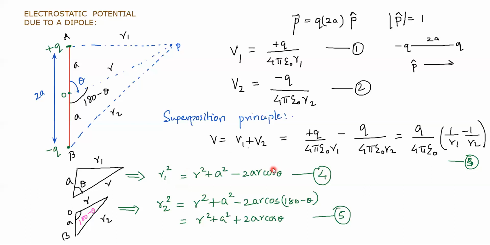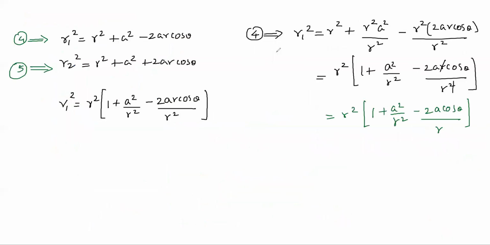In this process, we will get a square root on the right hand side. Handling the square root, when you try to expand it, you need to expand using the binomial theorem. So you are left with an infinite number of terms. We will again do an approximation, and in that approximation we will neglect higher order terms and only keep the first two terms. So let's do that. It will be clear why we did it like that.